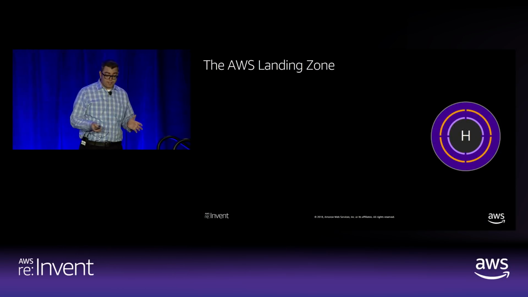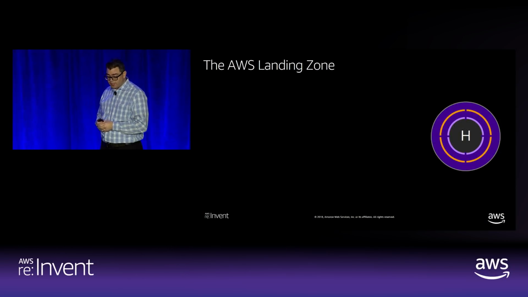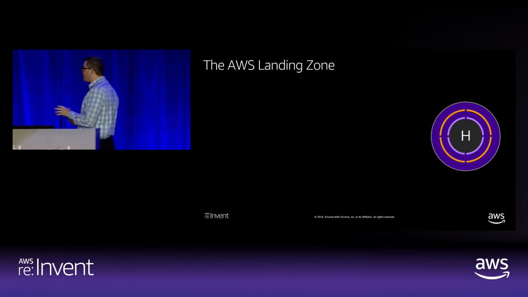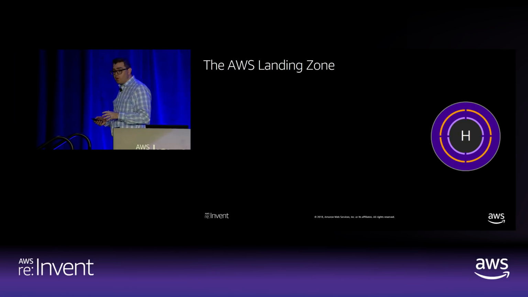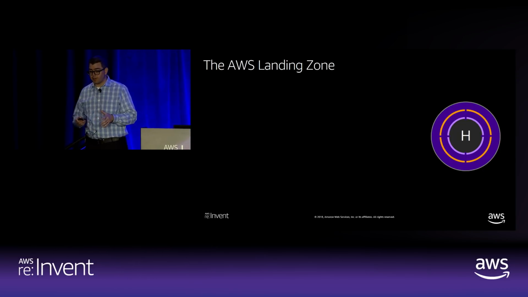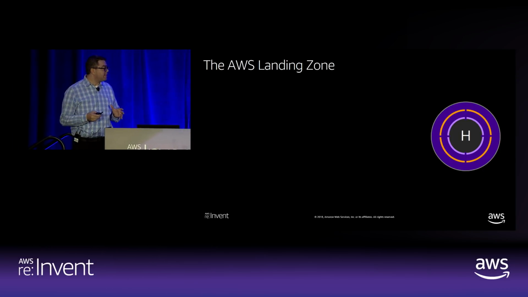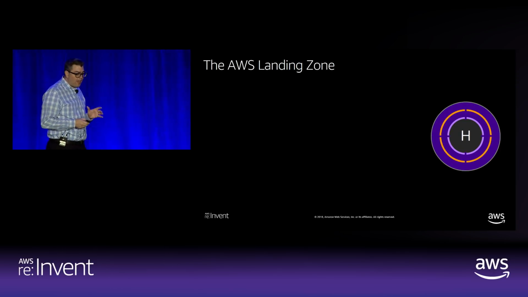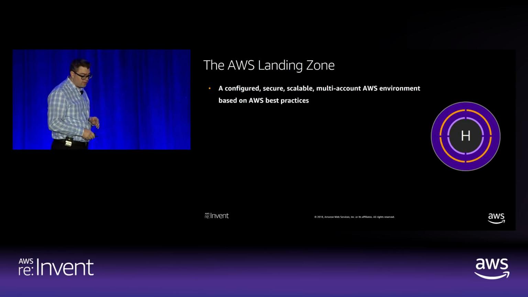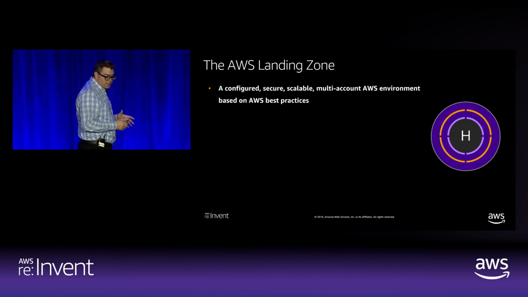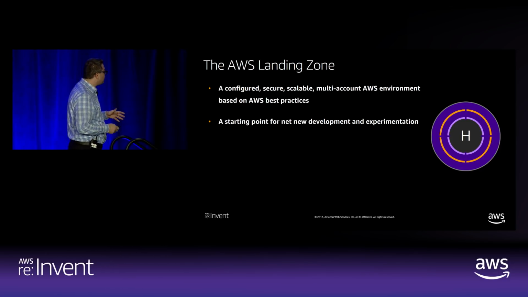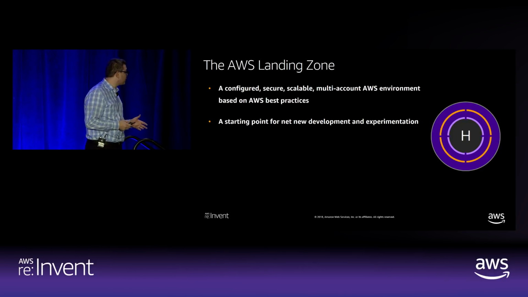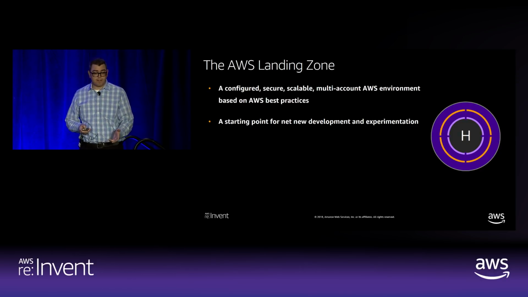So we had this solution before that was delivered, and we actually just announced a new service. At AWS, we iterate and innovate based on customer needs. We started by identifying what the core components were for assessing how you could deliver a secure foundation. We thought, well, we need a way to provision AWS accounts through best practices. We need governance and controls to provision those. We need a starting point for net new development.